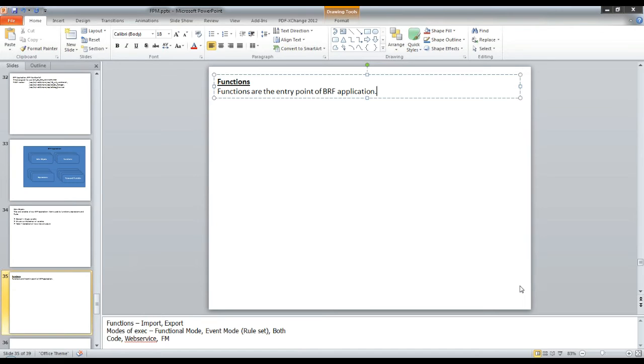What you do is you create functions. And these functions can be triggered from your WebDynPro or ABAP code. You cannot trigger directly a rule. You have to trigger a function from ABAP. So this is the point of contact between your BRF and ABAP code. So it's an entry point of your BRF application from ABAP.